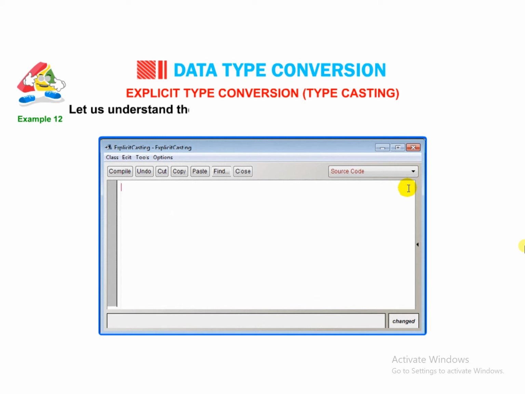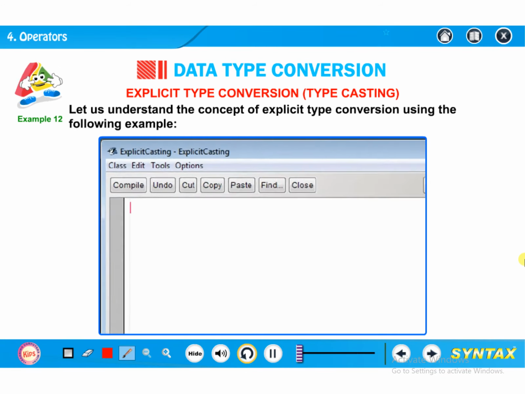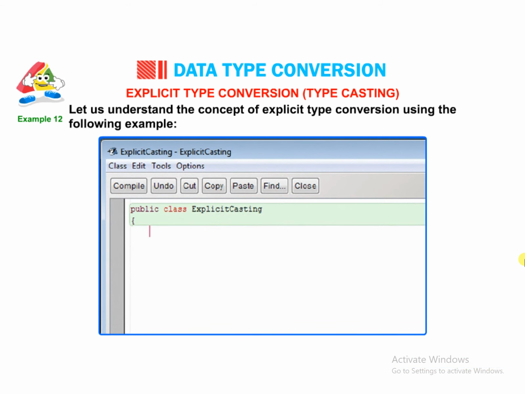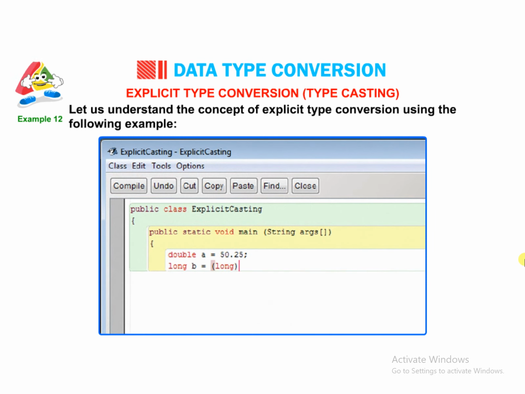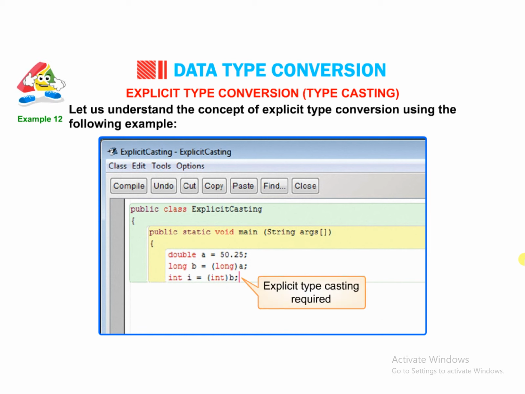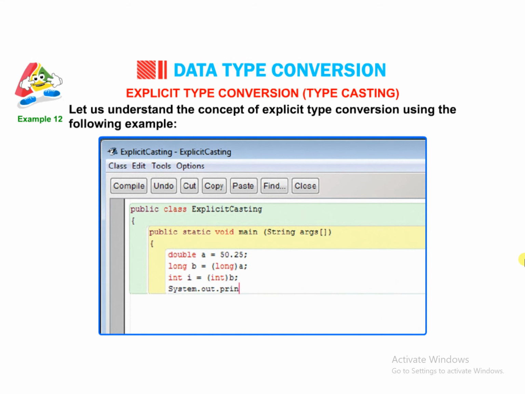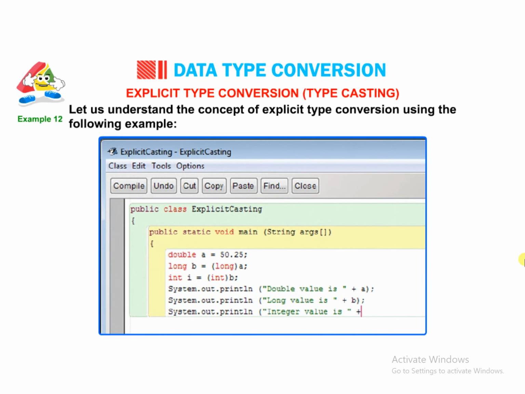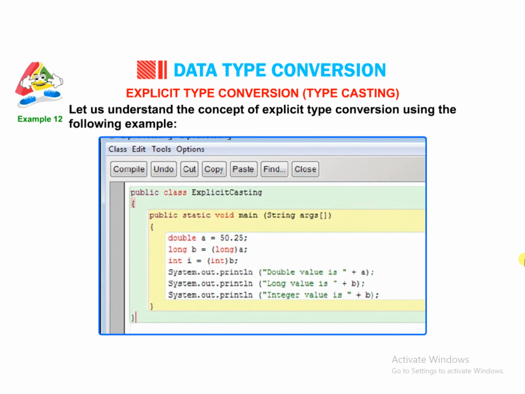Example. Let us understand the concept of explicit type conversion using the following example. public class ExplicitCasting { public static void main(String args[]) { double A = 50.25; long B = (long) A; // explicit type casting required int I = (int) B; // explicit type casting required System.out.println("Double value is " + A); System.out.println("Long value is " + B); System.out.println("Integer value is " + B); } }